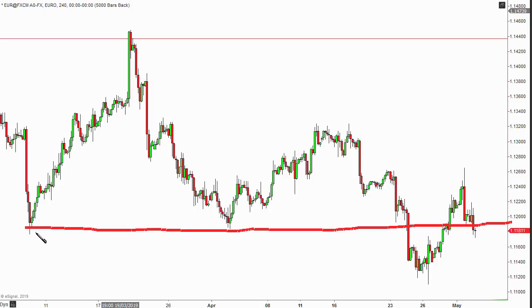We've come down to this area twice here. We've plowed through it here, but then we've come back up, taken this little high out over here, and we're back down into this zone. So this is obviously an important area at the moment. I'm looking at a price chart and just well aware of what's going on in the past, which may affect the future. We know that we've come back up to it, we've come back down again, but we're still there or thereabouts at the moment. So this is going to be an important zone for us